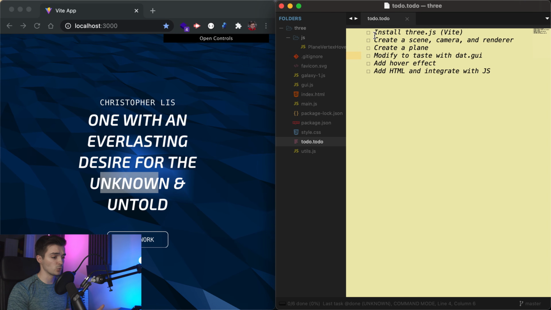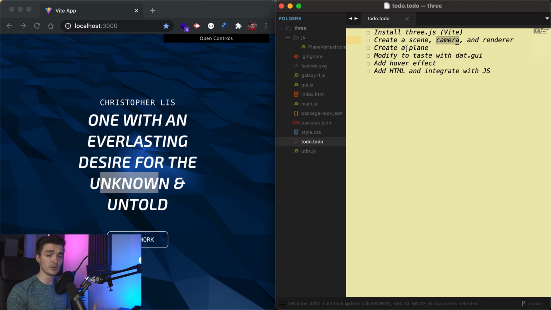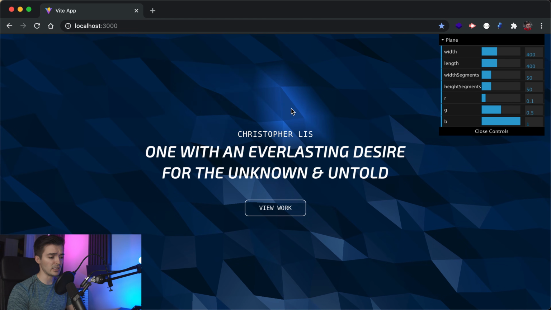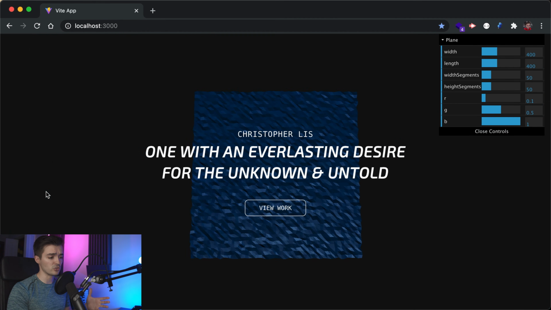The very first is we're going to need to install Three.js, and we're going to be doing so using a front-end framework called Vite. We're going to need to create a scene, a camera, and a renderer. Three things we'll go over that are part of the Three.js framework. We're going to need to create a plane, and what I mean by plane is a plane geometry. This entire square right here is considered a plane in Three.js, so we're going to need to be able to